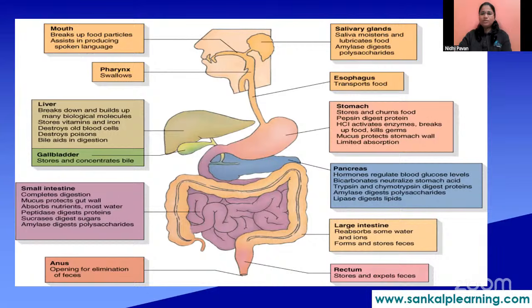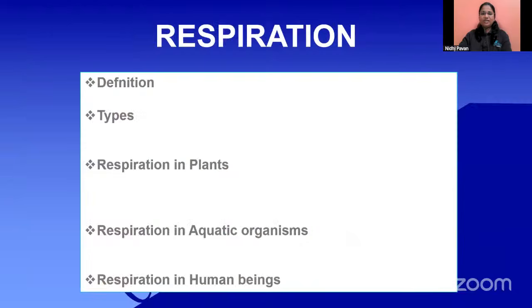Then food pipe, esophagus, it transports the food. Then stomach will be there, which will grind the food with the help of HCl. Pepsin will be there, which acts on proteins. Okay. Then mucus will be there, which will protect the stomach from HCl. Then we have liver, which will release bile, which will allow the digestion of fats. Then we have pancreas, which will release pancreatic juice, trypsin, pancreatic amylase, okay, lipase. Then large intestine, which will take the undigested food, okay. So this is the brief explanation of digestion.